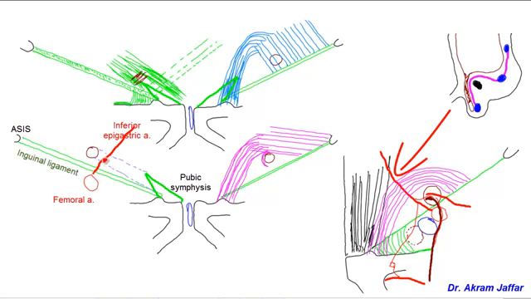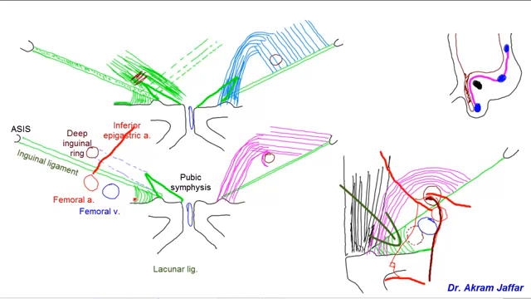So you can see the inferior epigastric artery traverses the posterior wall of the inguinal canal, medial to the deep inguinal ring. Medial to the femoral artery is the femoral vein, and at this location, these are the fibers that constitute the lacunar ligament, and then the pectineal ligament,